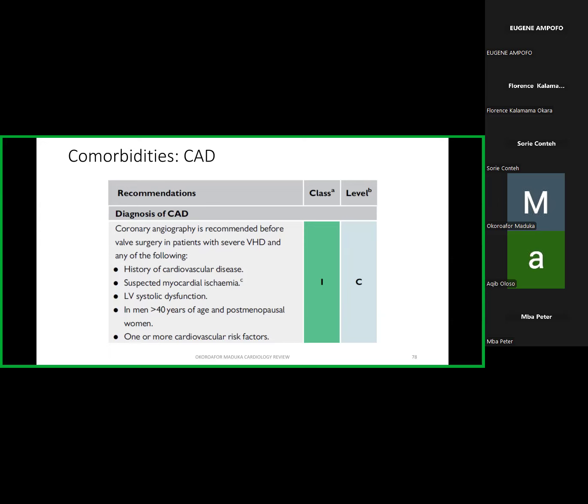Now, for aortic stenosis, usually myocardial